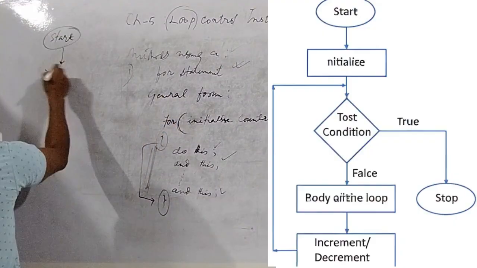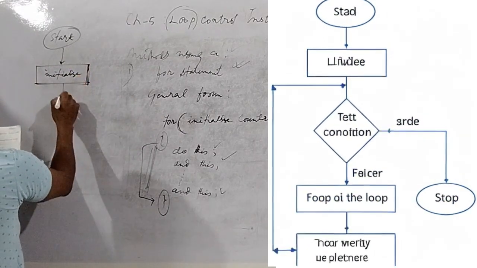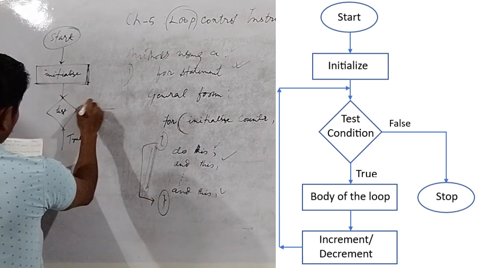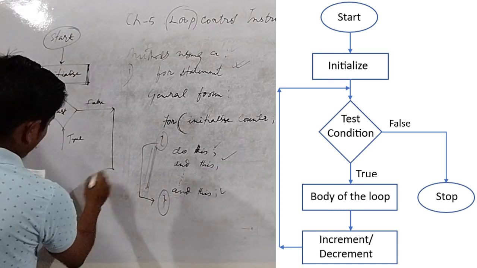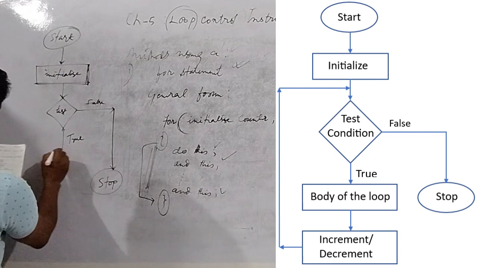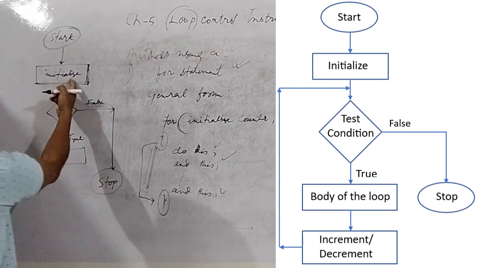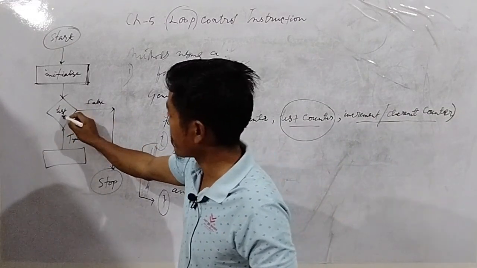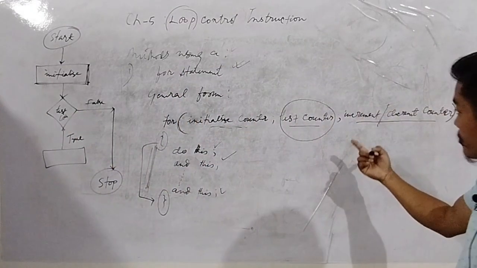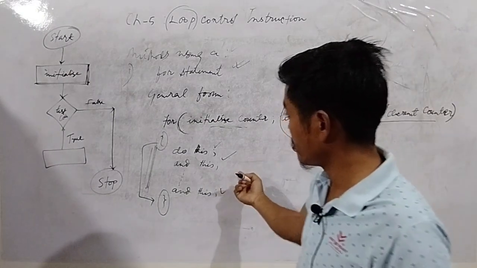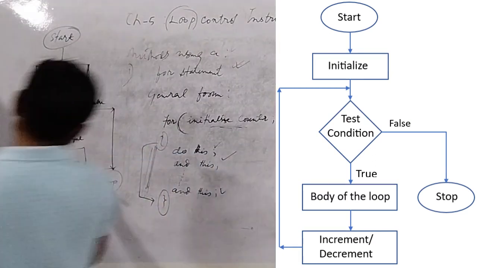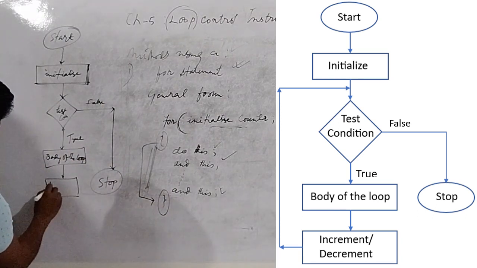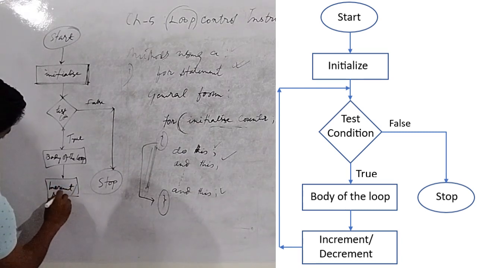The flowchart of the for loop: start, then initialize in a rectangle. Now the test condition is a diamond, with true going one way and false going to the side. False comes down here and stops. First comes the initialize part, next the test counter. This is the test condition. If this is true we'll get to the body of the loop, the body of the loop. And after that, either increment or decrement, and you come back to the